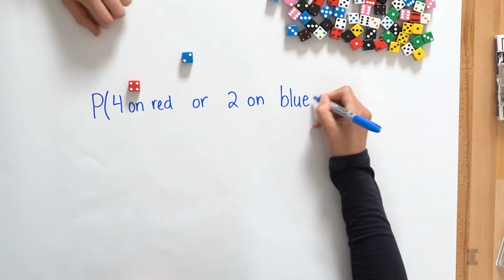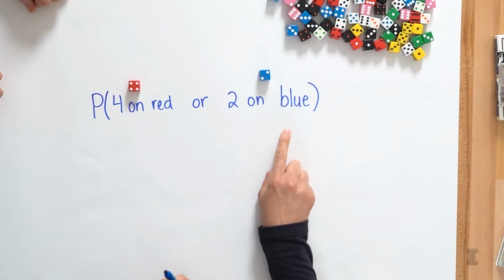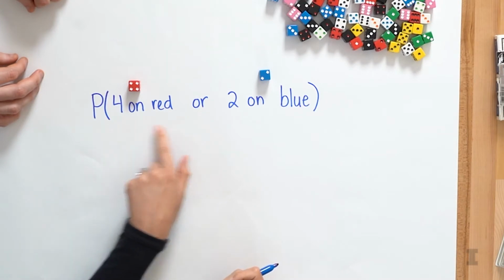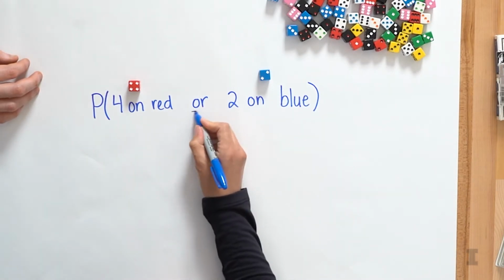And like we said, this is a tricky problem, but students usually think it's pretty simple. What do they usually say? One really popular answer is to just say 1 out of 36. How would you get that? 1 out of 36 would be confusing this with the multiplication rule, multiplying the probabilities together. So taking the chance of getting a 4 on the red, which is 1/6, and multiplying that by the chance of getting a 2 on the blue, which is also 1/6. That would be the answer if this question said "and." If I said, what's the probability of getting both of them? But it doesn't, it says "or."